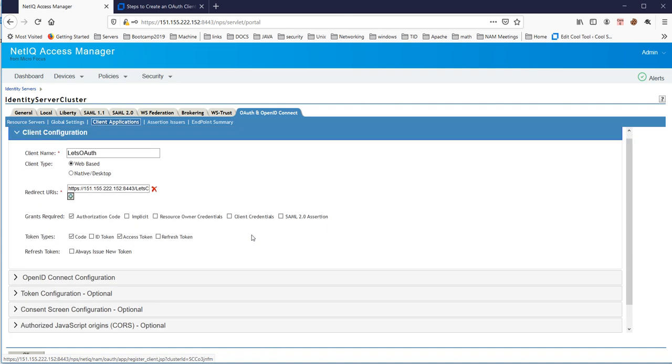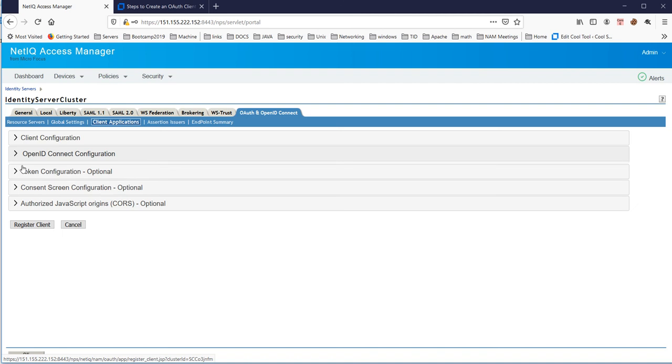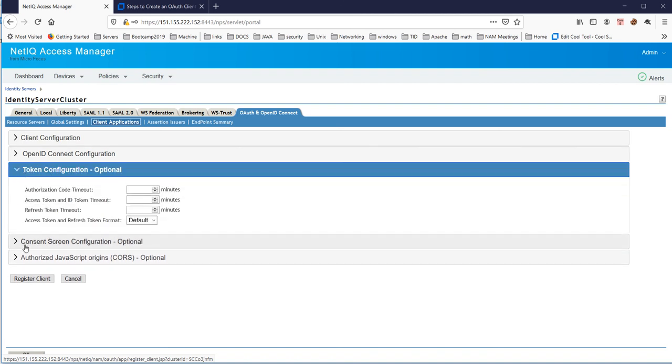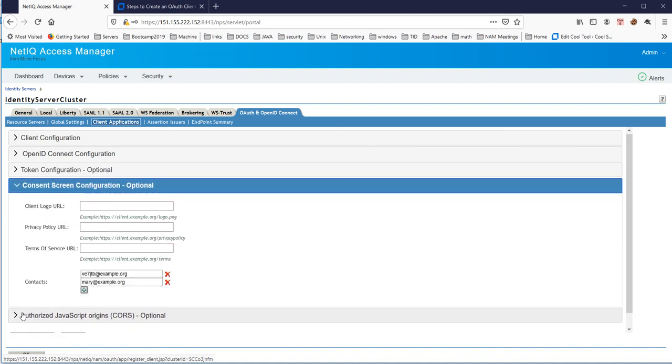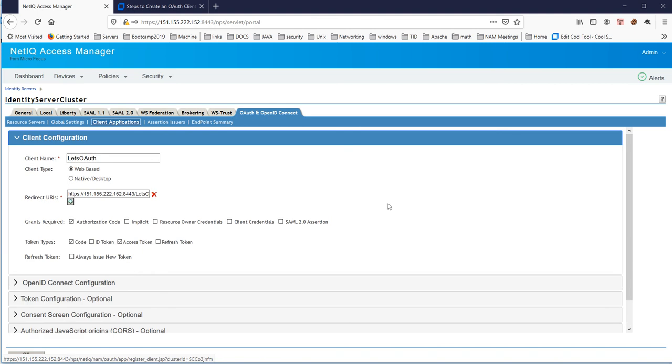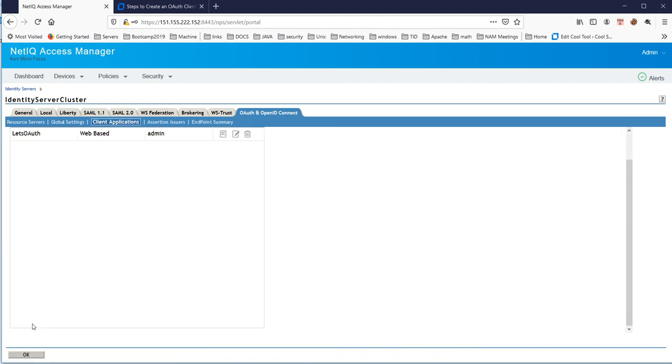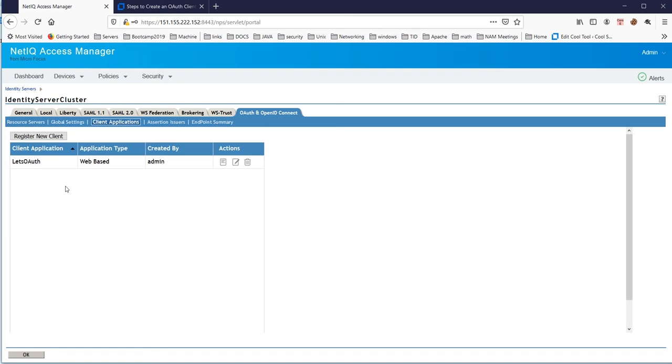There are various options here which we can see later, when we are going to create multiple options and check the different features of OAuth. But for the time being, just go ahead and click register client,